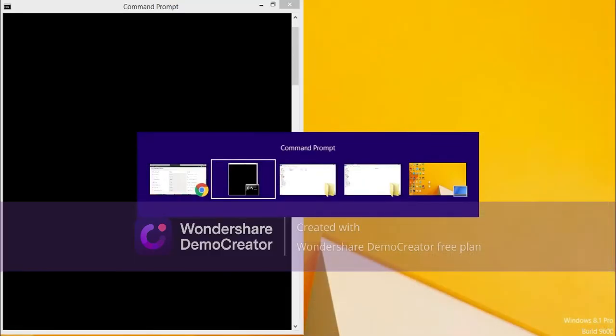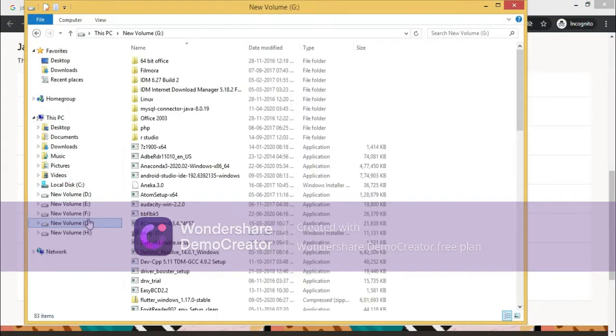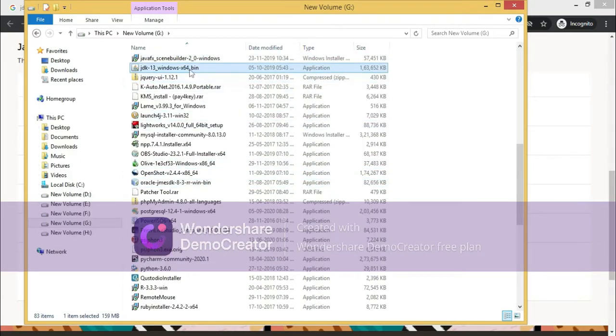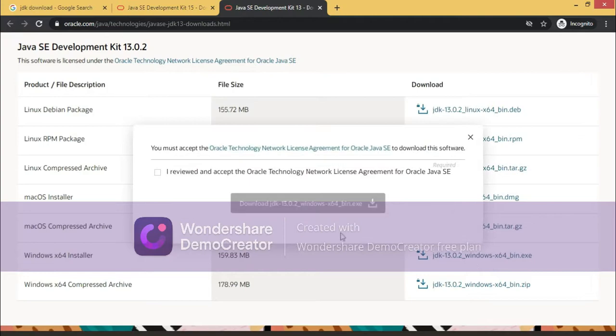I'll show you that file. See, JDK 13 I am having, right? In order to, okay, first you have to download it. Just click on this .exe file like that, and then you have to accept this license and agreement, and then if you click on this, the download will start.